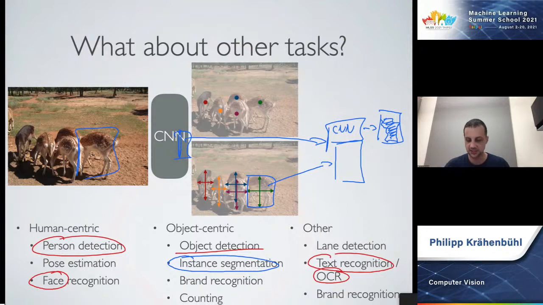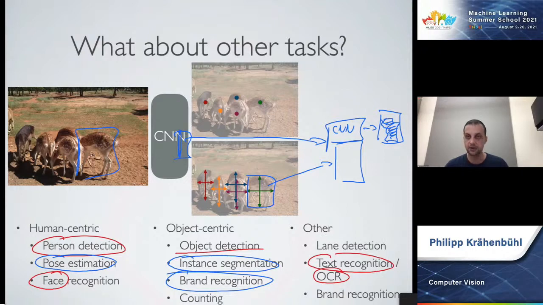So this works for instance segmentation. You can do this for pose estimation, where you would highlight different key points if you do multi-person pose estimation. You can do it for face recognition, where you would train an embedding of a person or attributes of a face. You could do this for brand recognition, where you could classify brands, maybe even embed brands if there are different embeddings. I think those are the tasks.